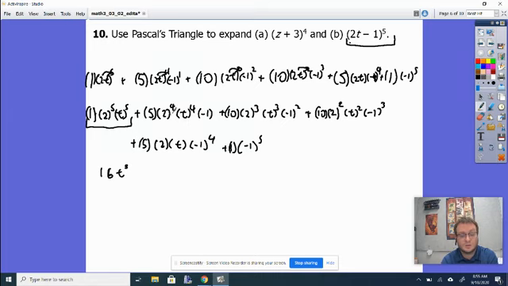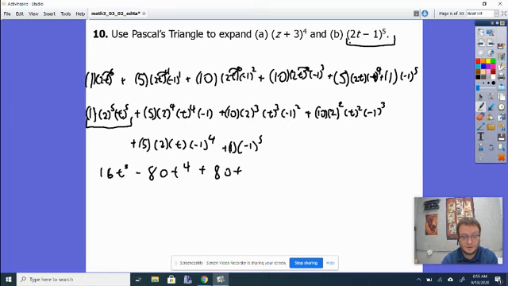So 2 to the fourth is 16 times 5 gives me 80 t to the fourth. Okay, sorry, it's going to be negative because of that negative on the negative 1. So negative 80 t to the fourth plus, okay, now this one's going to be positive because a negative times a negative gives me a positive. 10 times 8,